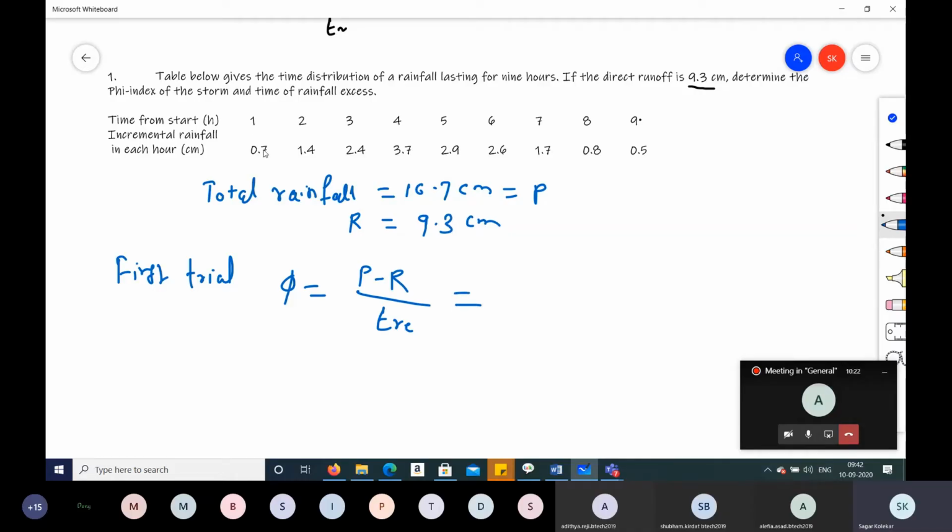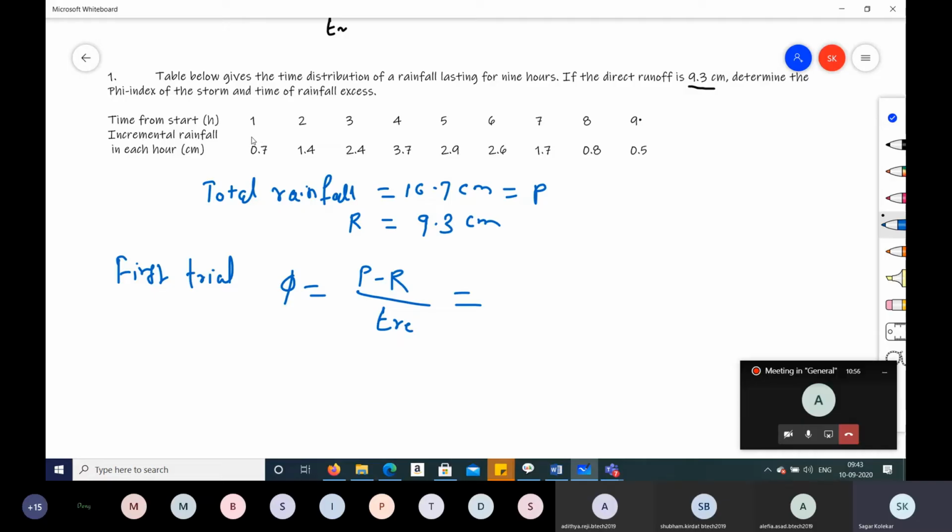Okay, so whether we should consider 0.7 or not, whether we should consider 2.4 or not, because in the last video or last example actually we knew that A2, A4, A6 are the values, and for the respective time, for the respective infiltration, we considered this time period. Now here in this case, what should we do? Any guess? How can we go? Whether it is right or wrong doesn't matter, but you should speak. How can we consider which one?